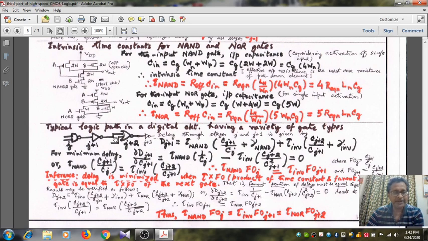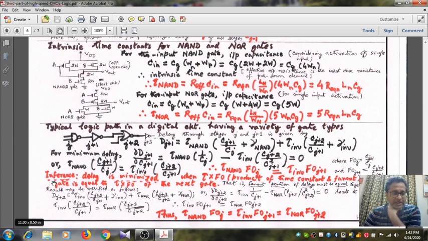Now we have to optimize the delay. For minimum delay, differentiate this delay through stages. So dDj plus 1 by dCj plus 1, that means differentiating Dj plus 1 with respect to Cj plus 1, we get this expression. So from here we get a very important relation, that is tau of NAND multiplied by Cj plus 1 by Cj equals tau of inverter multiplied by Cj plus 2 by Cj plus 1. Or in other words, tau of NAND into fan out factor of J equals tau of inverter into fan out ratio at J plus 1, where FOJ equals Cj plus 1 by Cj, FOJ plus 1 equals Cj plus 2 by Cj plus 1.